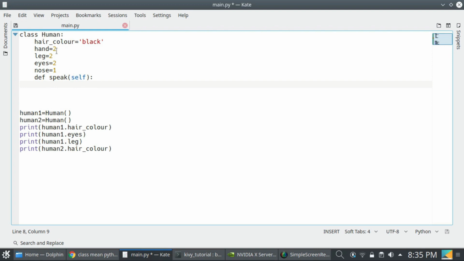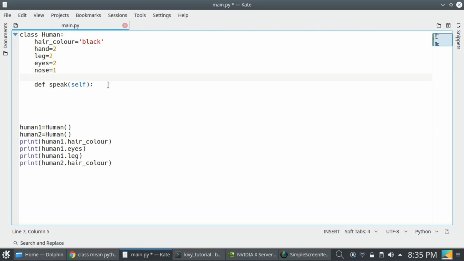The human class has its own object, self. You can also name it by your choice, but by convention we all use the self keyword. Self means its own object, by which I can access the variables in the human class. As I have already said, variable names are scope dependent.